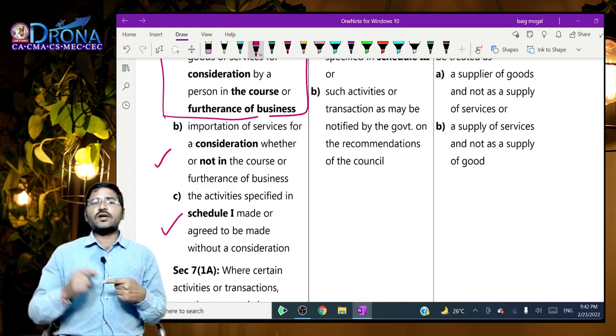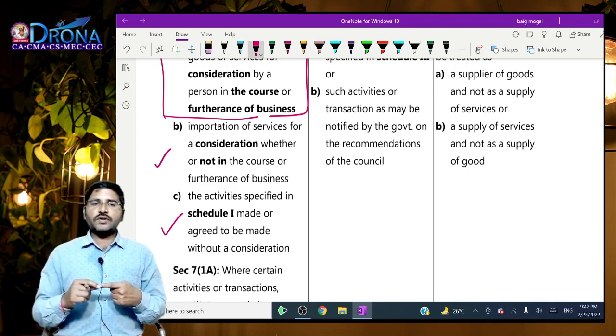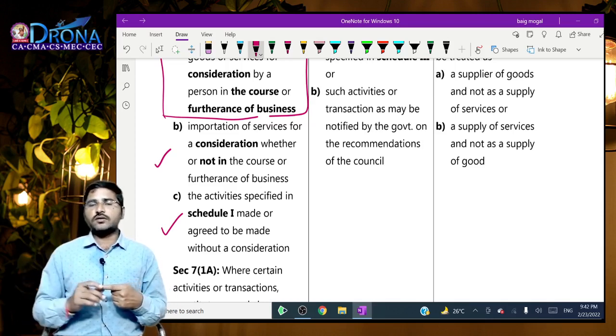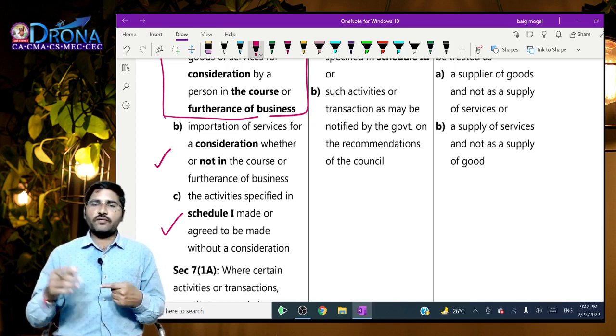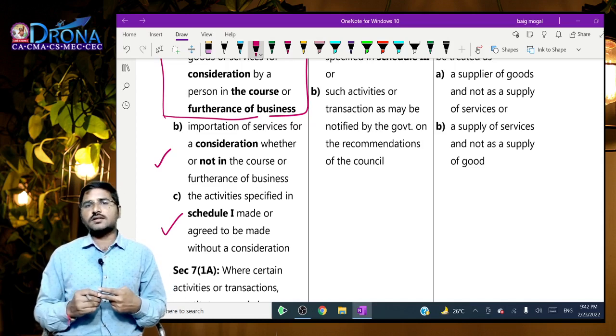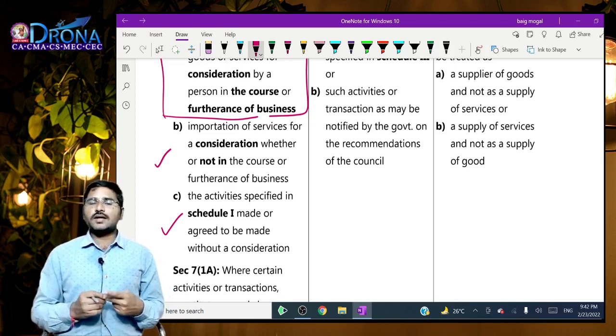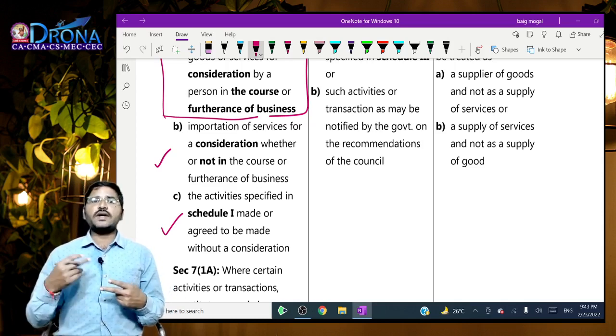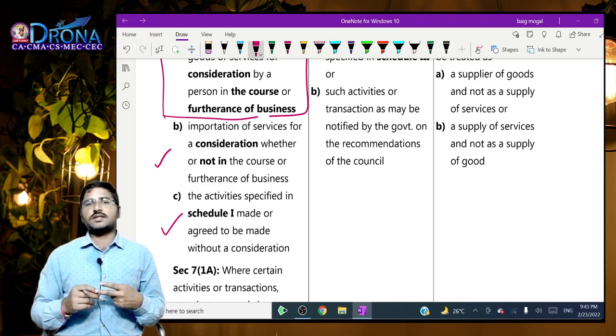And a business asset, if after using it for the business you are removing such good as it is, or as a second-hand good, or as a free gift, that is free of cost, it will become a supply even if there is no consideration. And the second one concerns transactions between related or distinct persons. If any transaction takes place between related or distinct persons without consideration, it would amount to a supply.